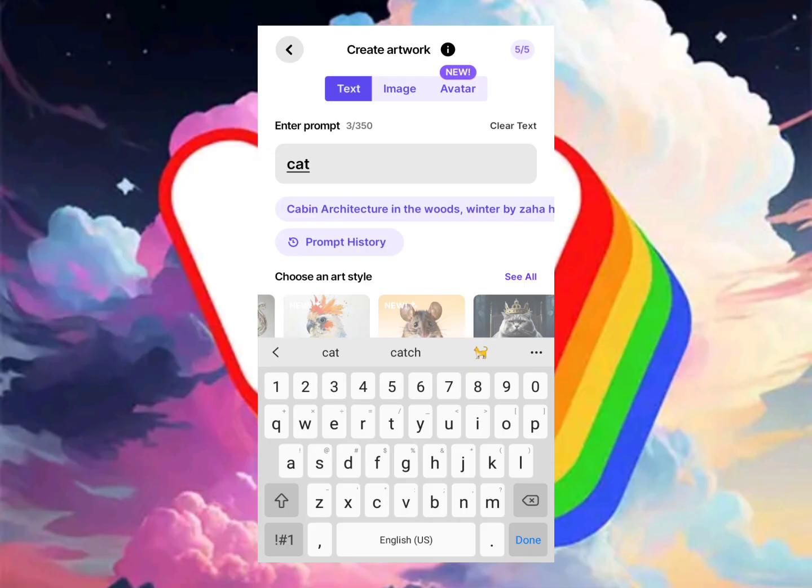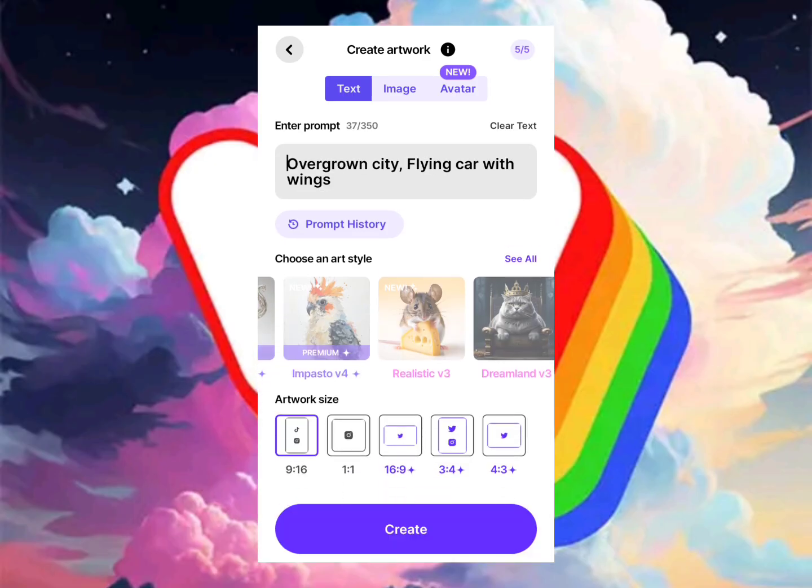I'm just going to enter a cat, as you can see. While you're typing, sometimes you may see default prompts that will be shown here, which you can also use if you don't have anything in mind. So I'm just going to tap on one of these, and down here you can also choose the size of the artwork and so forth. So I'm just going to stay on the default option here, and once you have done that, you can just